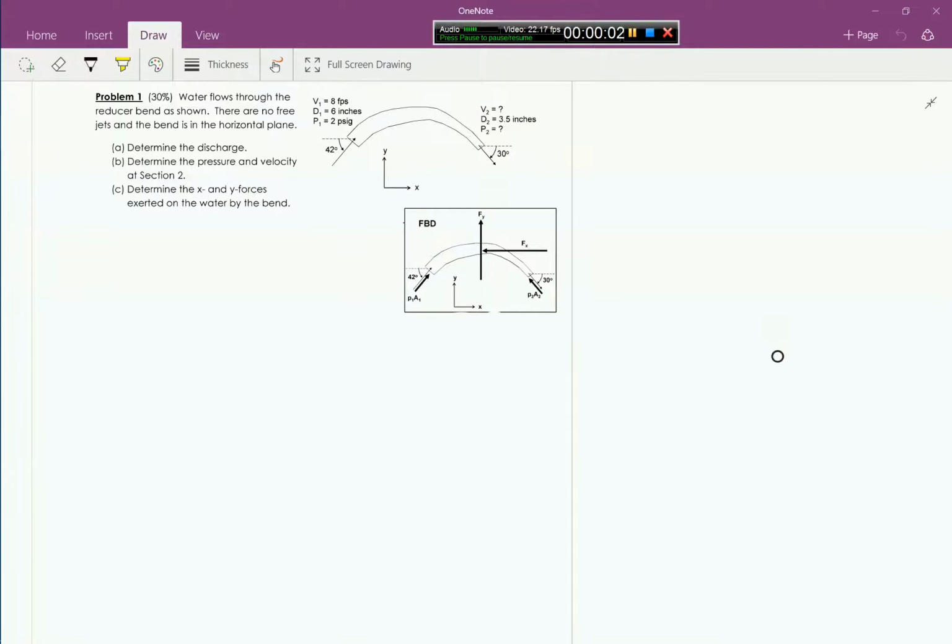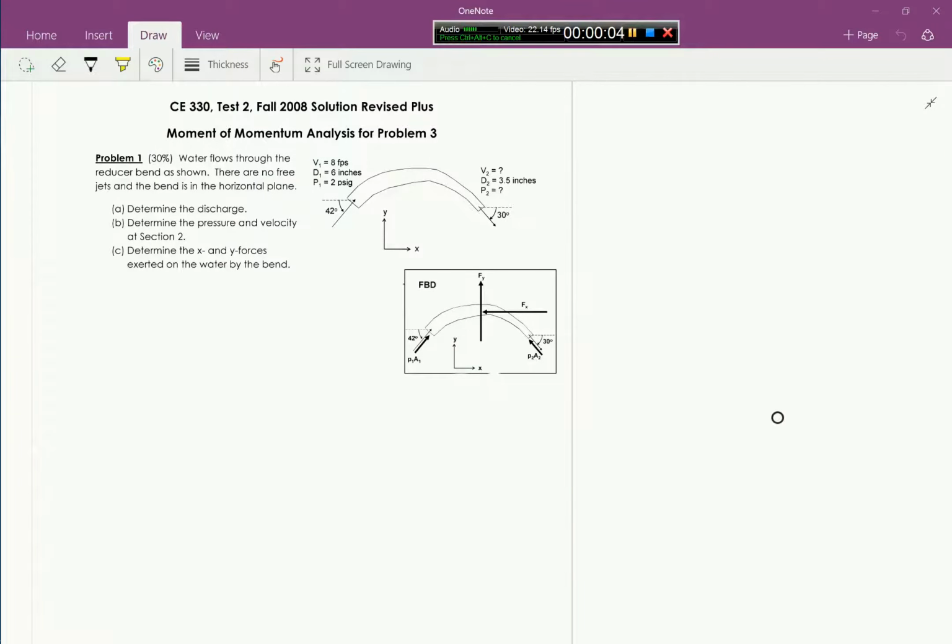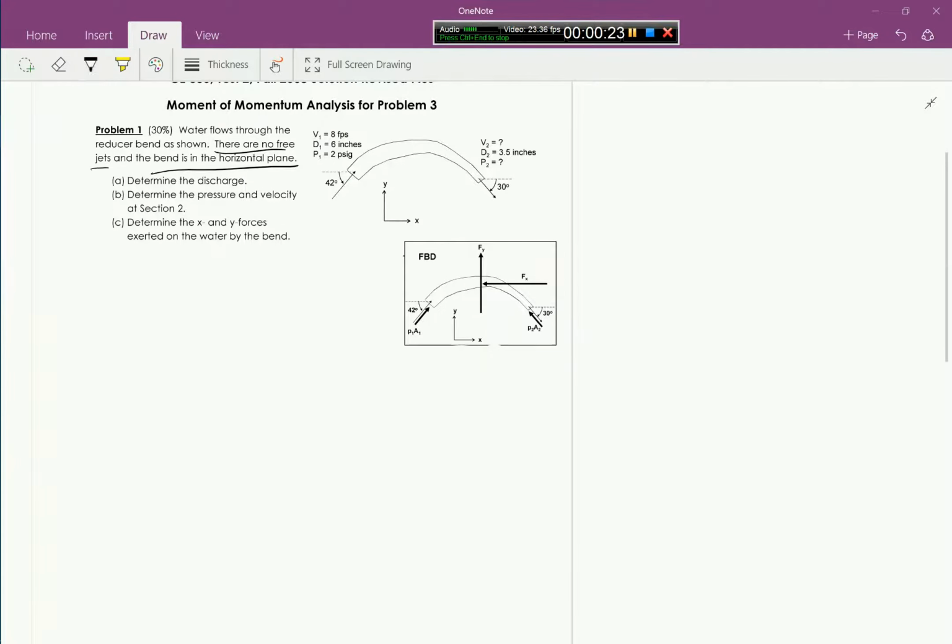Okay, so here we have a problem involving a bend reducer, and we're asked to determine the discharge, the pressure and velocity at section 2, and the x and y forces that the bend exerts on the water. In this problem statement, we're given that there are no free jets and that the bend is in the horizontal plane. So this means that the pressure at 1 and 2 is not assumed to be 0, and the horizontal plane part means that the z components in the Bernoulli equation are equal, so we can pretty much just ignore